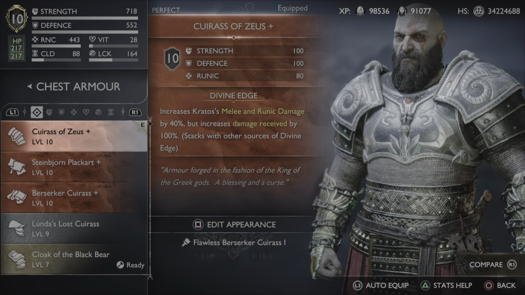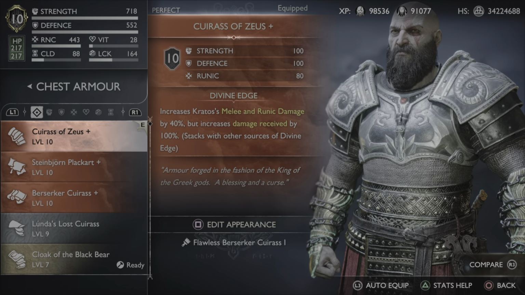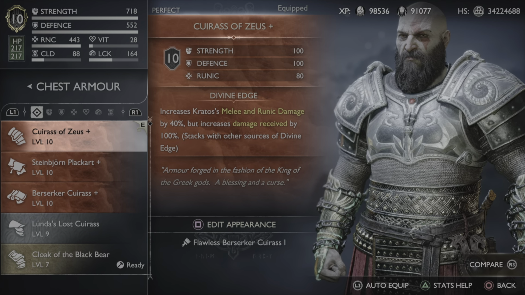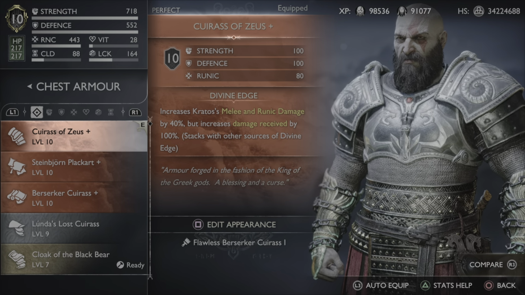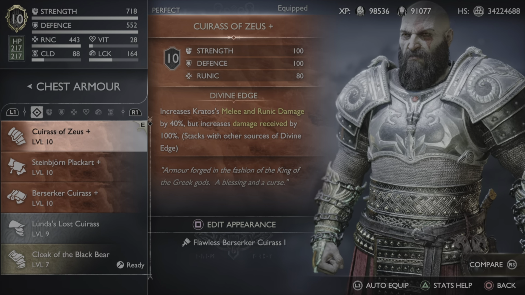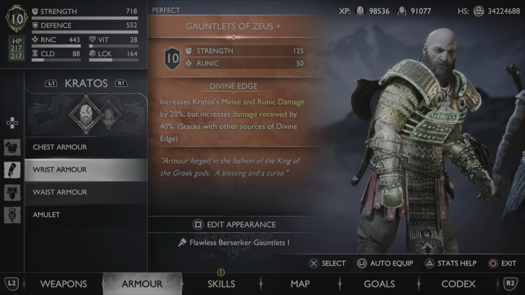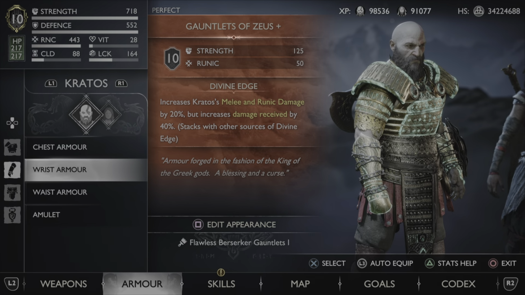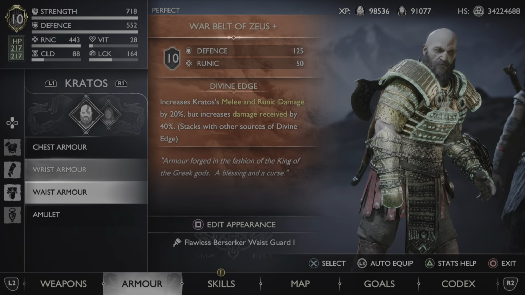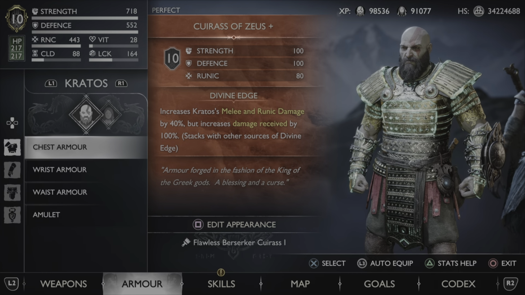Now, the Cuirass of Zeus increases Kratos' melee and runic damage by 40%, but increases damage received by 100%. This stacks with other sources of Divine Edge. Divine Edge is the perk of the Zeus armor set. Now, you get the Divine Edge on the chest, gauntlets, and waist piece. On the chest, you get a 40% damage increase, but you have a 100% damage receive increase. For the waist and the wrist, you have a 20% damage increase, and you receive 40% more damage per piece. Now, if you do the math, having all pieces together means you will be getting an 80% melee and runic damage increase, but you will be receiving